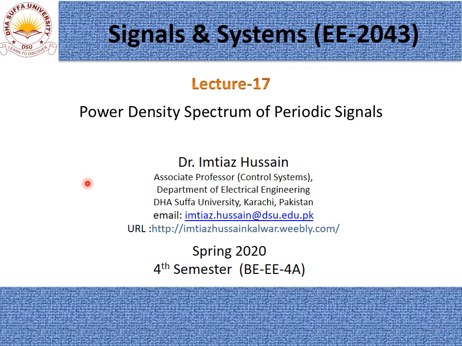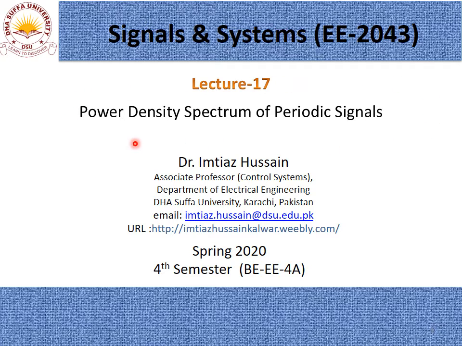In the last couple of lectures we have represented periodic signals using Fourier series, and from the Fourier series we could see what frequency components are present in the signal. We also drew the spectrum of the signal. It means the magnitude of different harmonic components versus different frequencies. That is called the spectrum of the signal. And in today's lecture we are going to learn how to draw the power density spectrum of a signal.